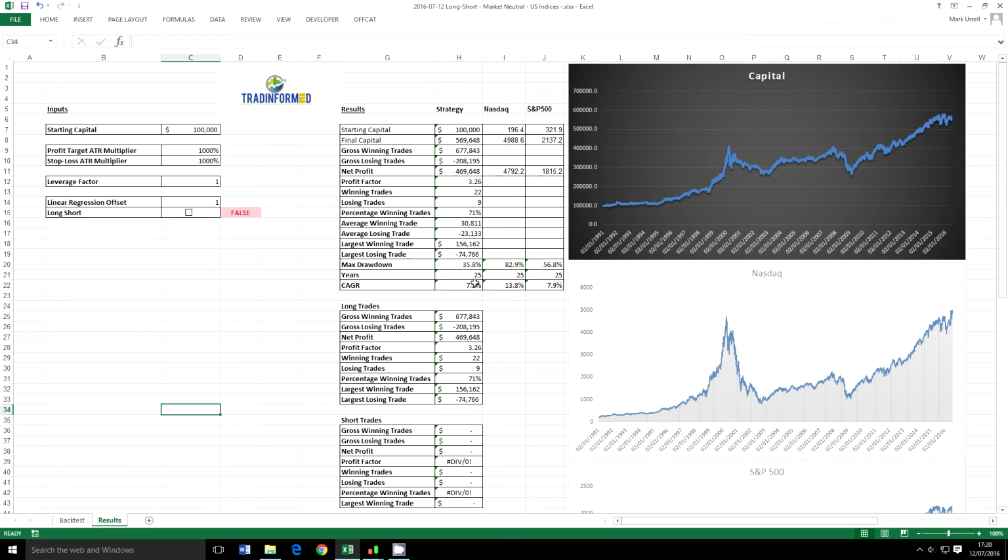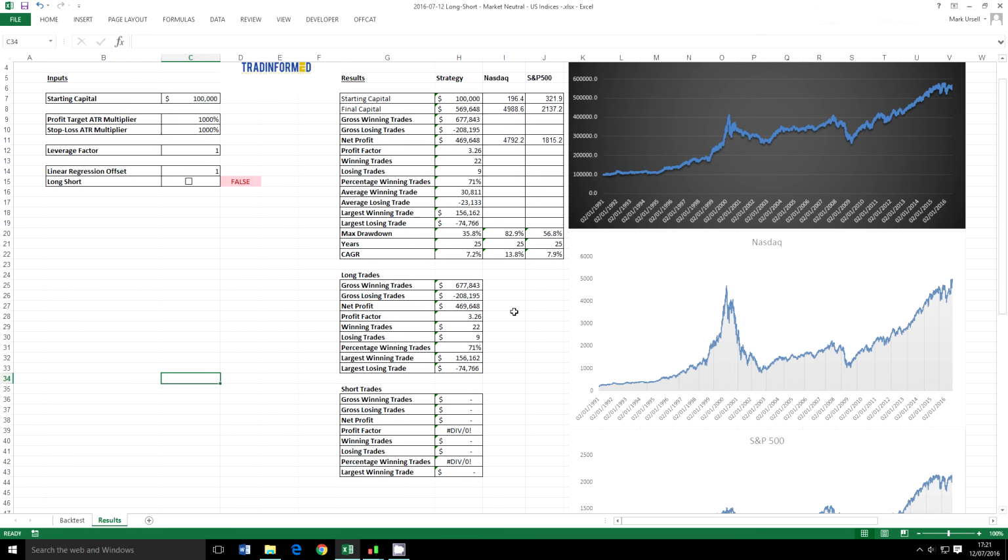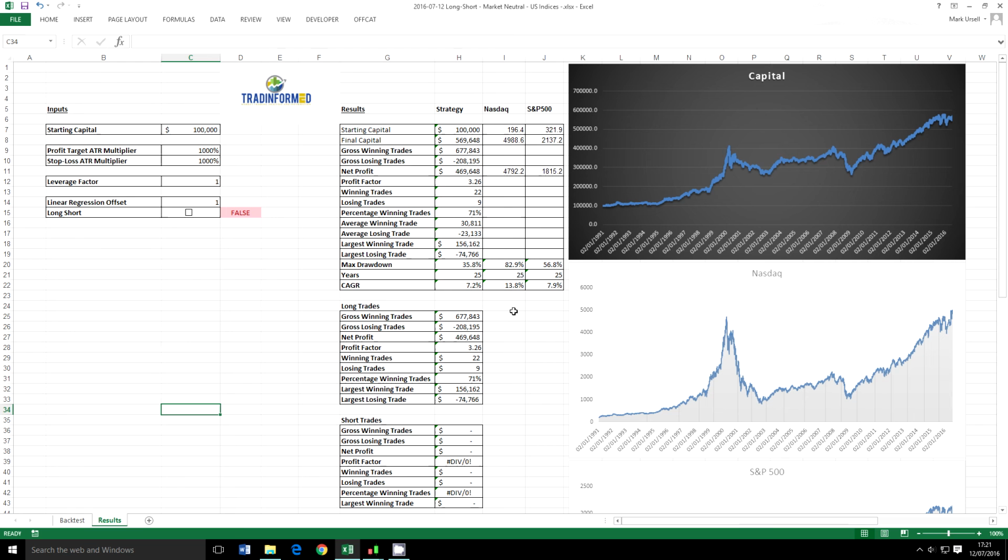Now this is obviously key to any long-term investment strategy. How much money are we investing, assuming we are reinvesting any profits back into the strategy? And we can see that in this basic form, the strategy is performing similarly but slightly worse than the S&P 500, and significantly lower than the Nasdaq. So what is the point of this strategy? Well, the point of this strategy, as far as I'm concerned, is the line above here,